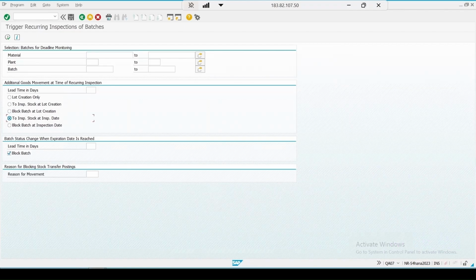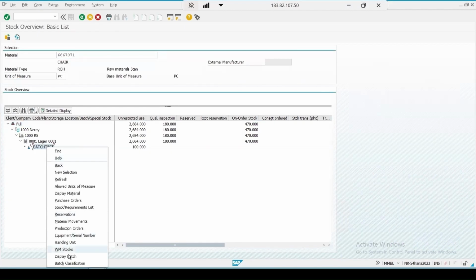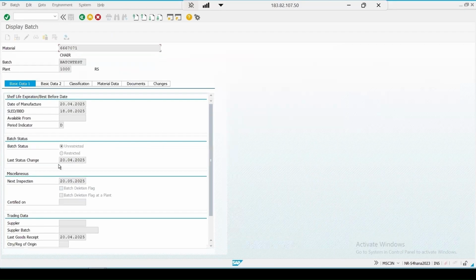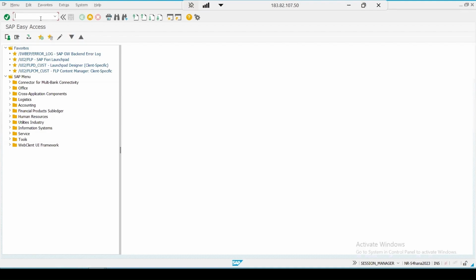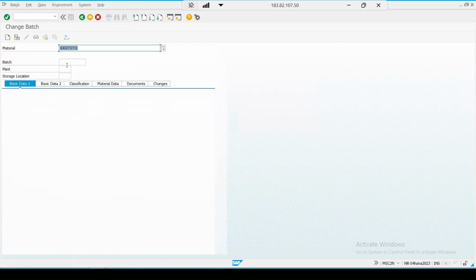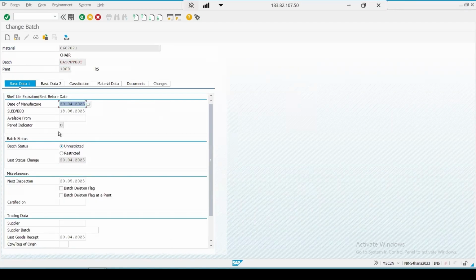We again check the batch detail from here. Batch status is unrestricted. Next, open a batch MSC 210. Enter, and my batch was batch test from the plant 1000. Enter. Maintain the date of manufacturing as this. The SLED has been calculated based on,